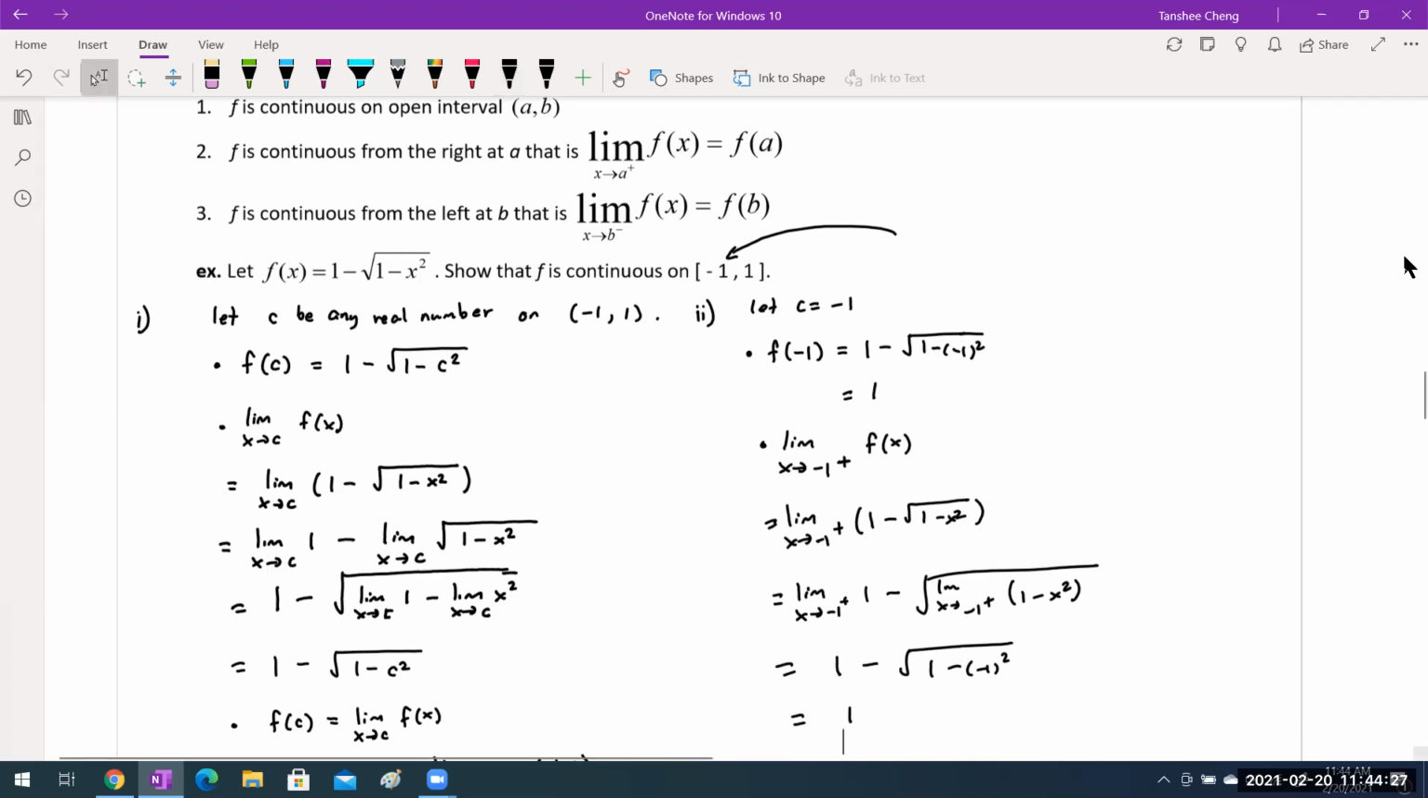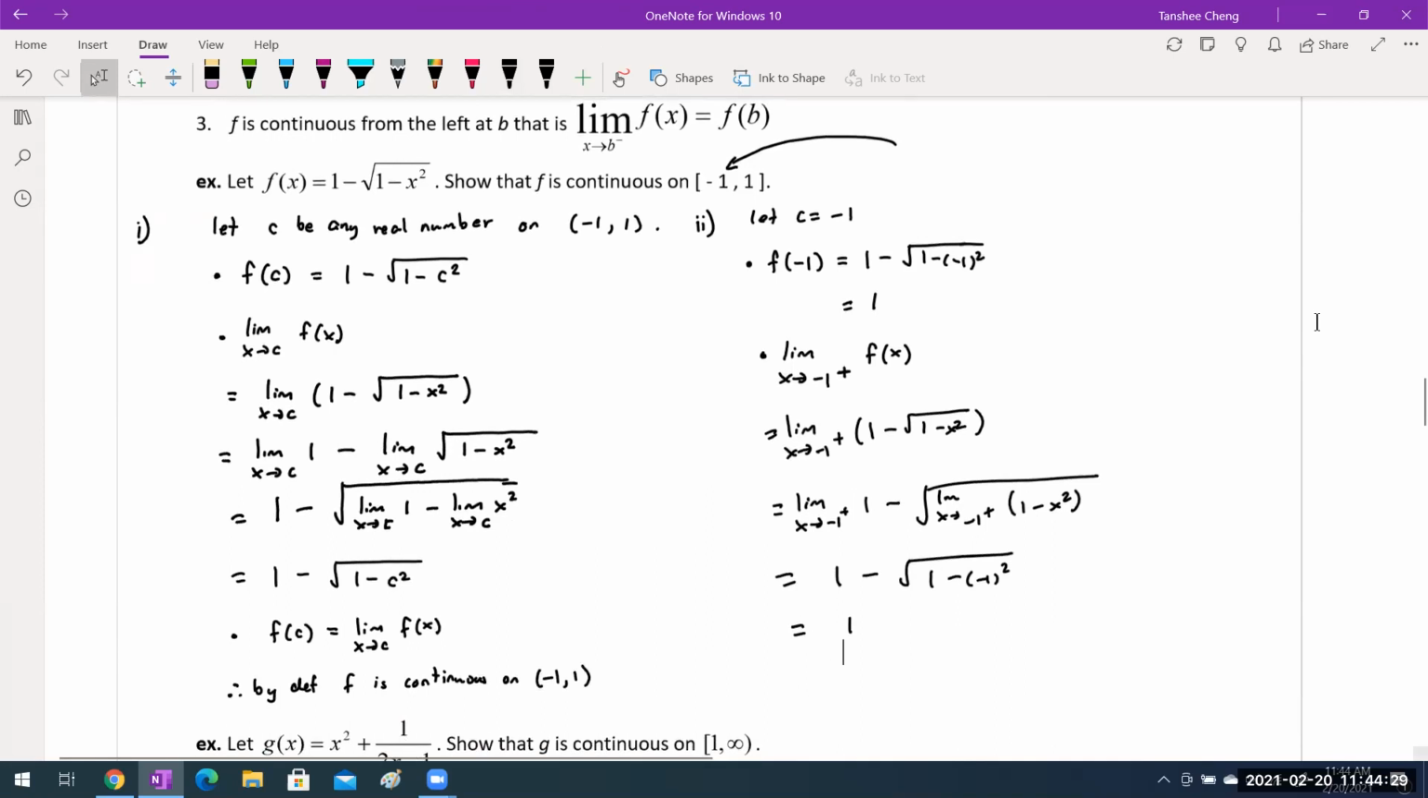So this gives us, same thing again, the limit as x approaches -1 from the right-hand side of the function is equal to f of -1. So that tells us it is continuous at that point. Therefore, I can say that